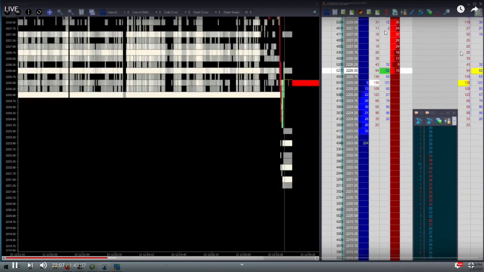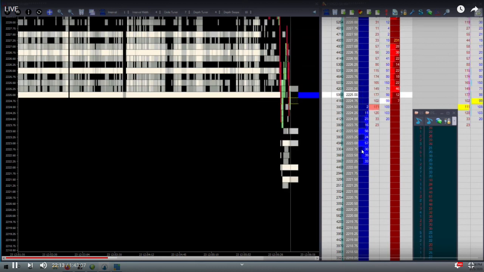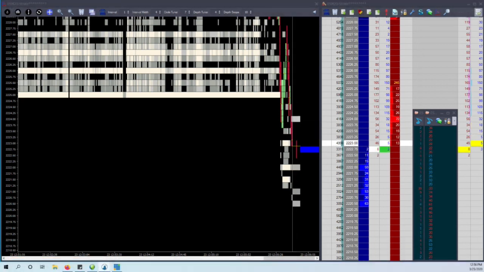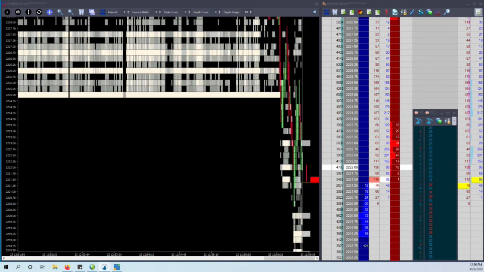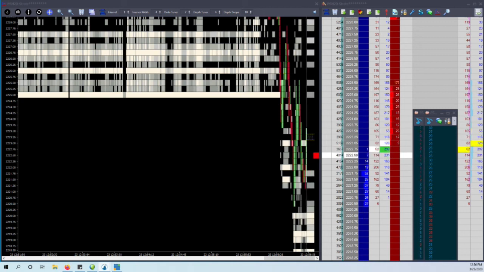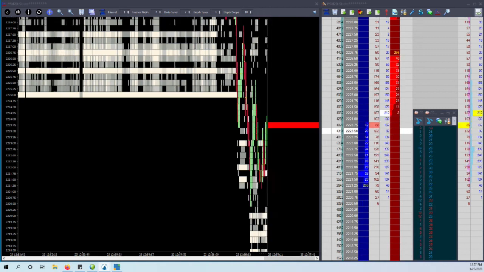I'm still holding, and then I get out there on that pullback. And a good thing I did, because it does pull back up a lot. And you really don't know where this is going to go. So clearly I could have stayed in it, but did I know that was going to happen? Does that always happen? No, it doesn't. But I feel like on these bigger versions, these bigger pivots that aren't off the 1 second, they're more off key areas on the 1 minute, they tend to have more of a blowout, but not always.